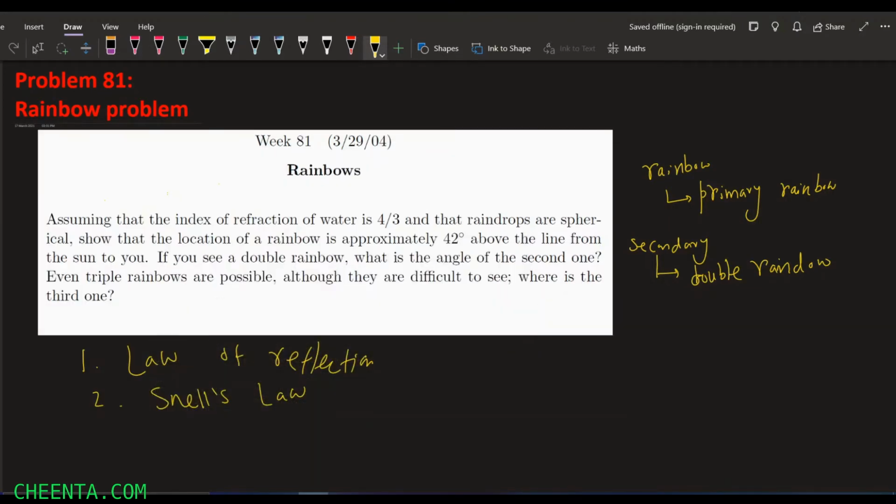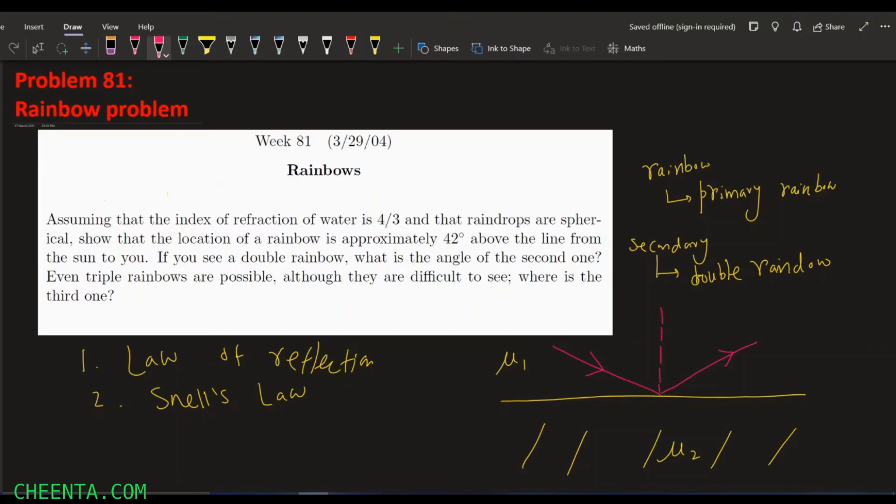Now comes Snell's law. Snell's law is something which I will not describe using an animation because it will take too long. So suppose we have two mediums, this lower medium which has refractive index mu2 and the upper medium which has a refractive index of mu1, and suppose that a ray is incident upon this boundary which separates the two mediums, and then it is reflected as shown in the previous example, and this is the perpendicular at the point of incidence.